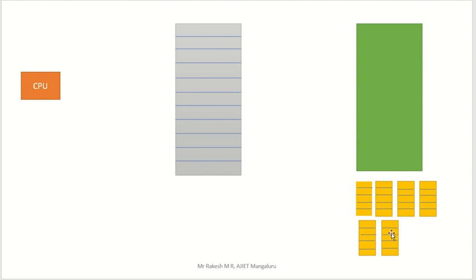So 6 processes, totally 60 KB, and here the memory size is 100 KB. So we can move all the processes, meaning we are dividing them into pages, right? All pages of all processes we can load inside the main memory. By that, all processes we can take into the CPU for execution.